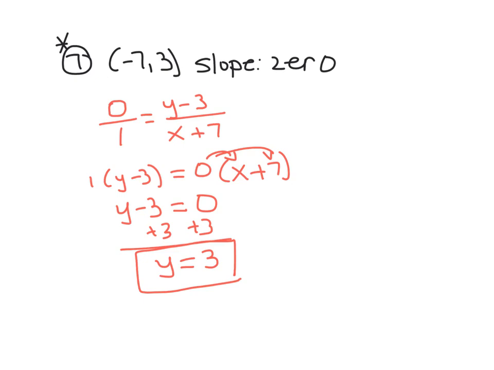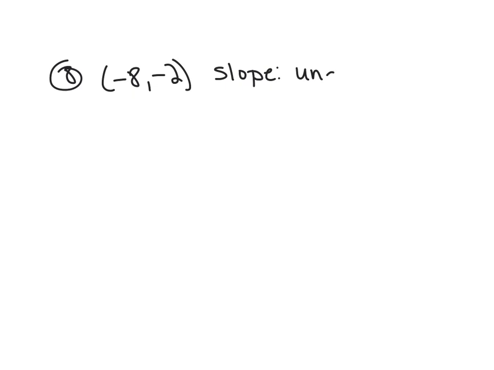Okay. All right. One last one. (Negative 8, negative 2). And these are probably the two you're going to come back and look at the notes for over and over. Slope undefined. Okay, so this time, remember, where is the 0 for undefined? It is under the line. So put 1 over 0. So you kind of have to remember: 0 slope, 0 over 1; undefined, 1 over 0. Equals y minus a negative, so plus 2, over, and again, if you need to mark them,